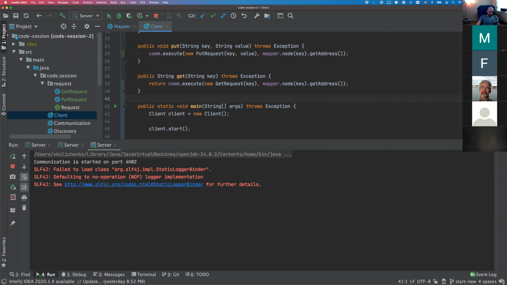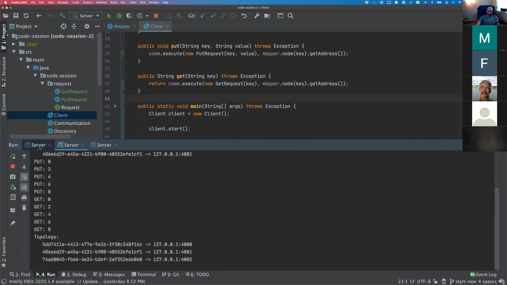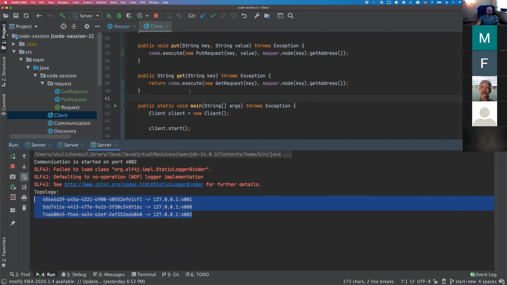So of course, it binds to the port 4002, which is the next available. And discovery works perfectly. It shows us that we have 3 nodes, and all 3 nodes know about all 3 nodes, which is exactly what discovery is responsible for. So that's all good. However, if I run the client again,